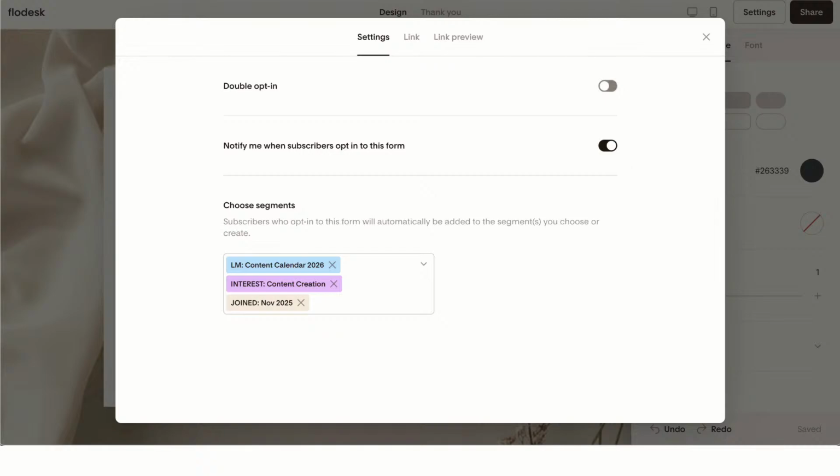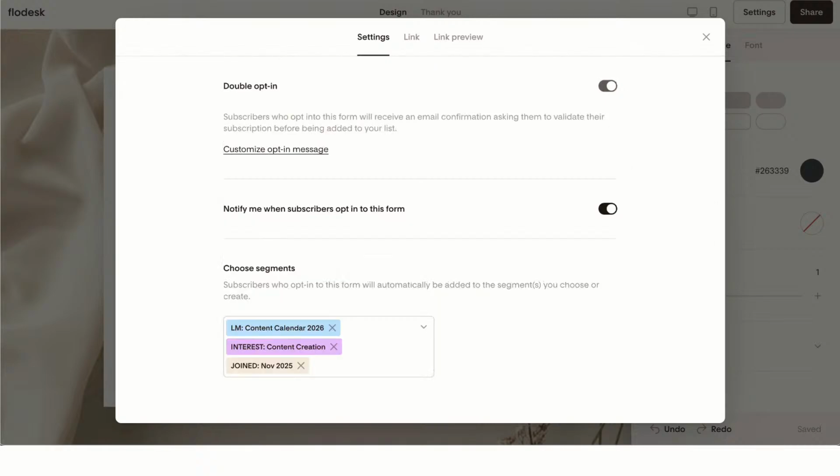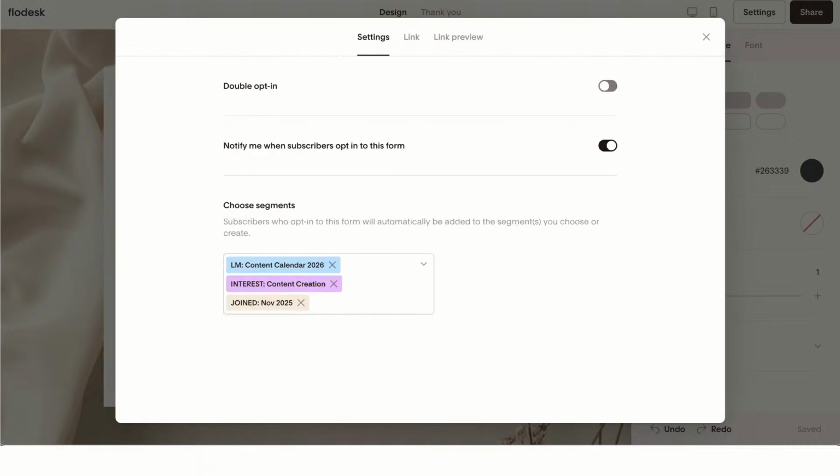Double opt-in. I prefer double opt-in, but a lot of people don't. But I recommend double opt-in. It just gives you a cleaner list. But you do you. Notify me when somebody opts in: you may want that, but if you're bringing in a lot of opt-ins, you're going to want to turn that off. And right here, you can